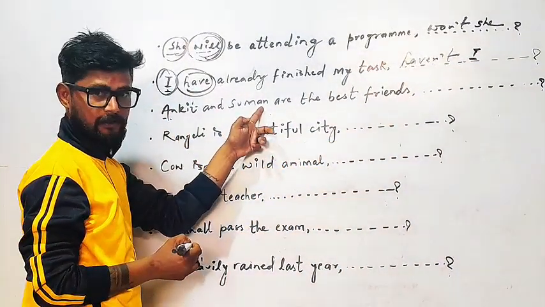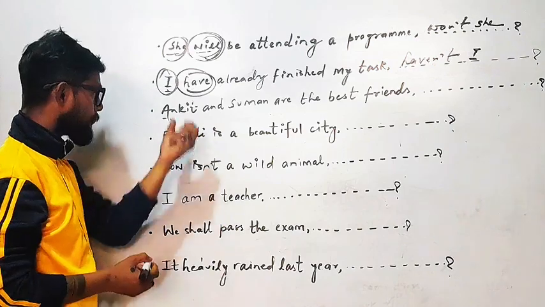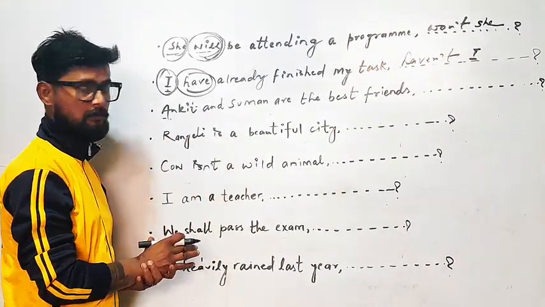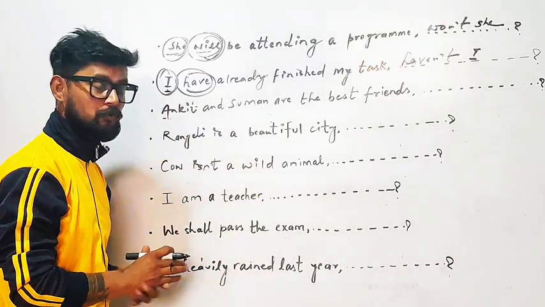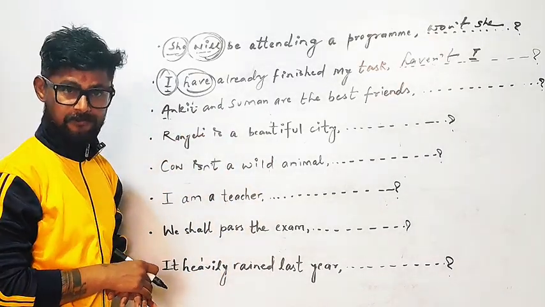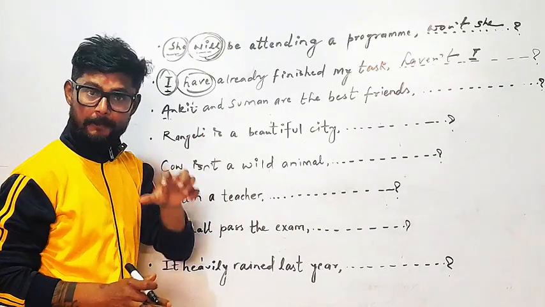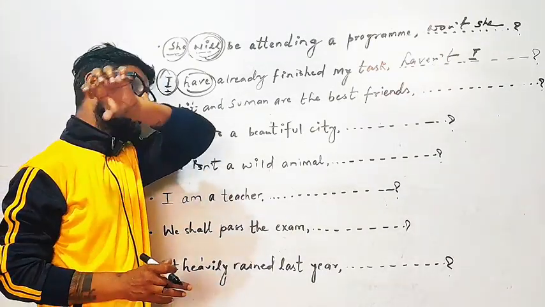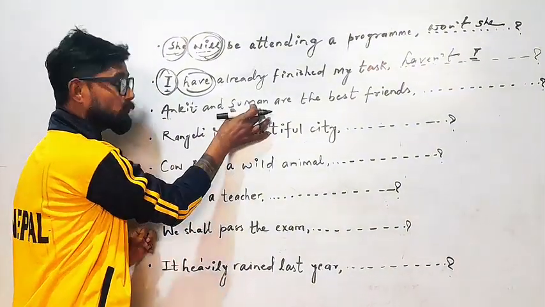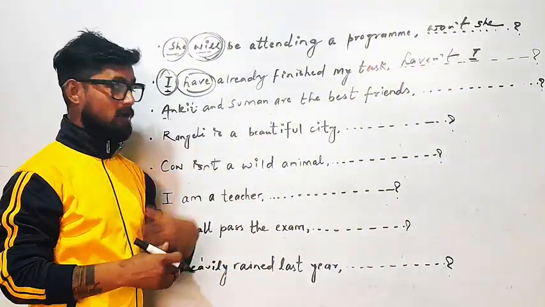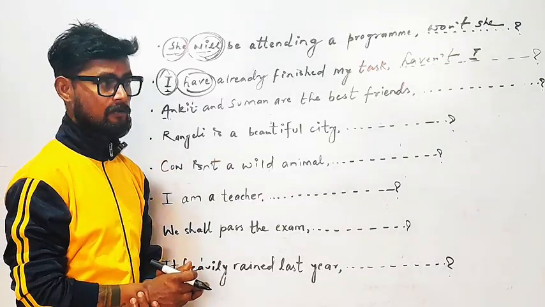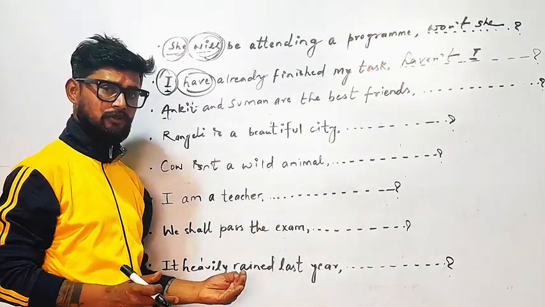Ankit and Suman. Now let us talk on this topic. Ankit and Suman. What are Ankit and Suman? People? Yes. Ankit and Suman are people. So when we get people's names, Ankit, Suman, Srishti, Manisha, Dharmendra, or something else, all those nouns should be